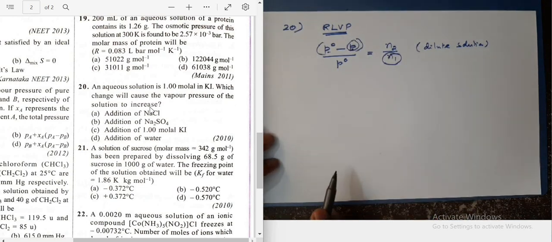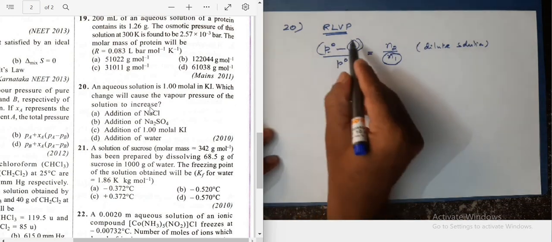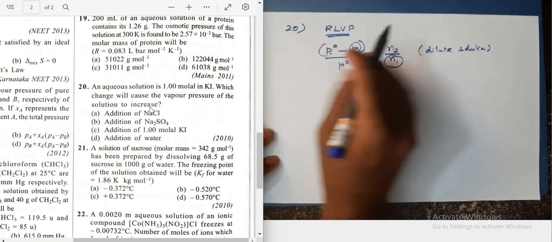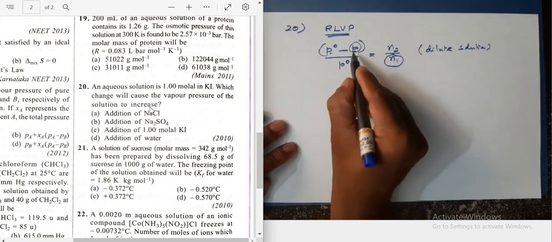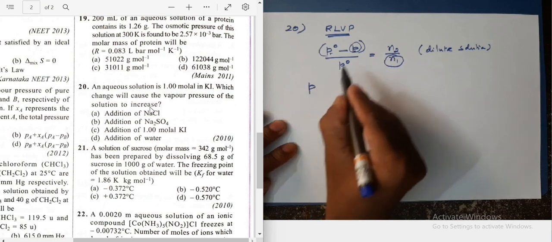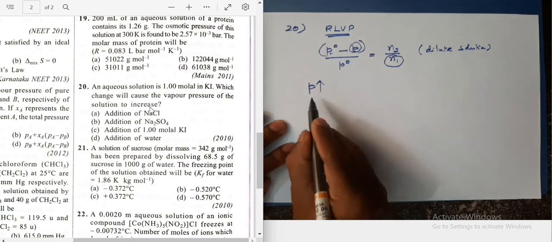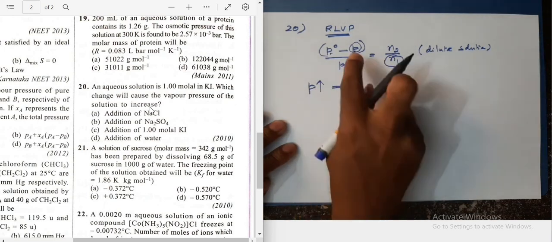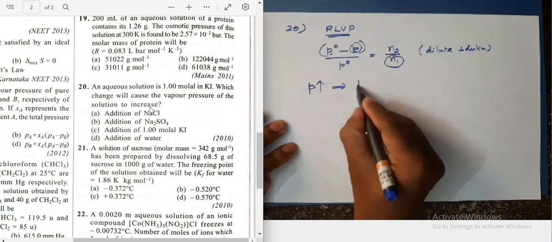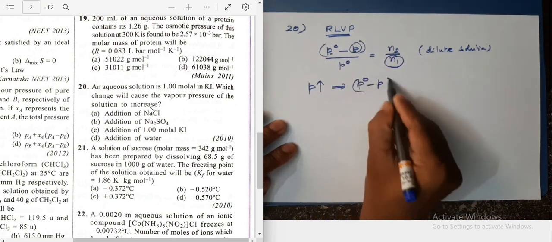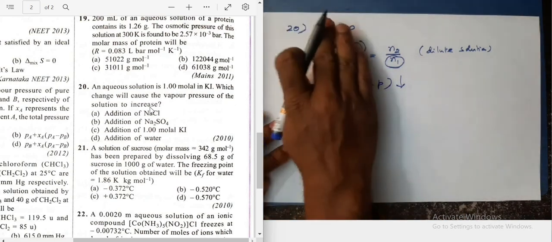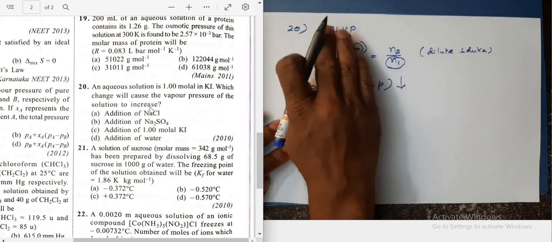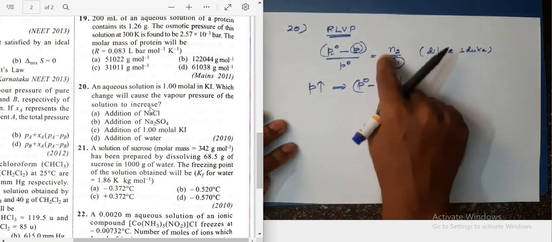Am I right, students? That is, if the left hand side has to decrease, the right hand side should also decrease, correct? For vapor pressure of solution to increase, P naught minus P will decrease. So the left hand side has to decrease. That means the right hand side should also decrease. To decrease the right hand side,